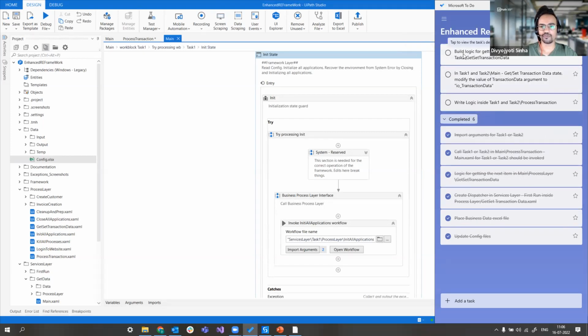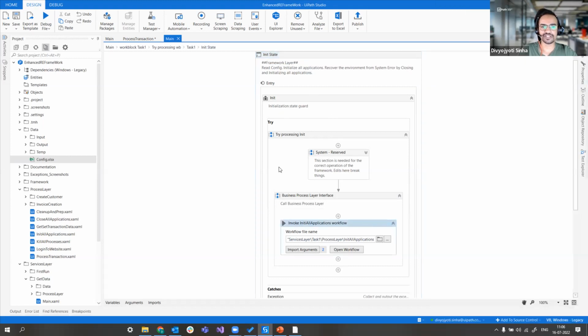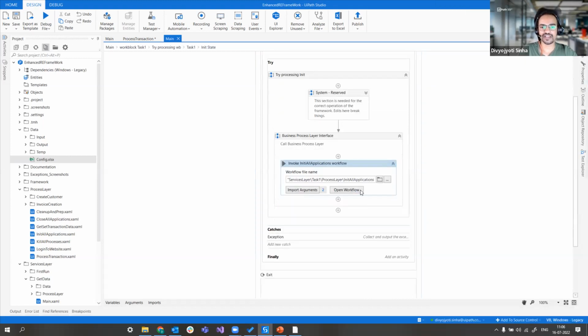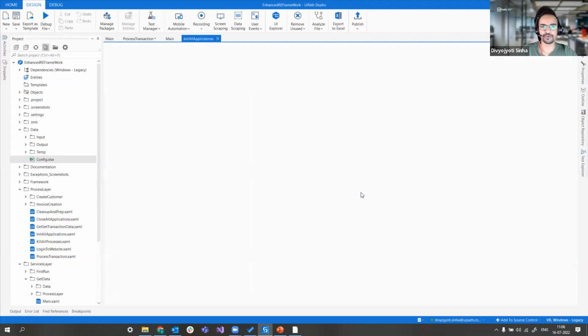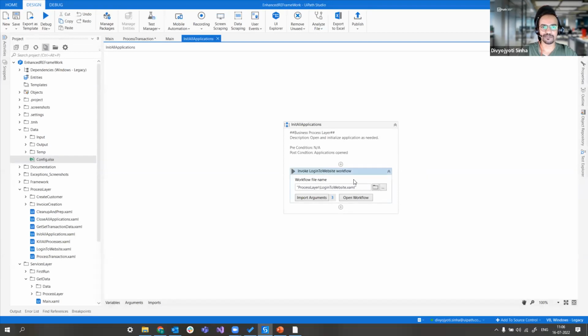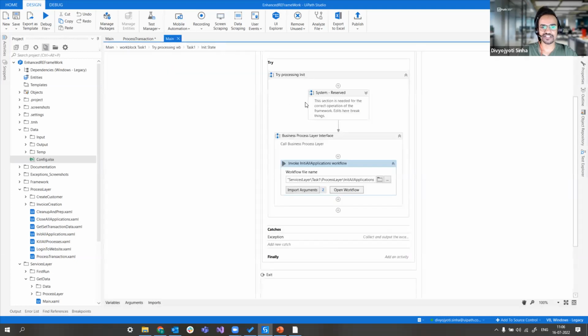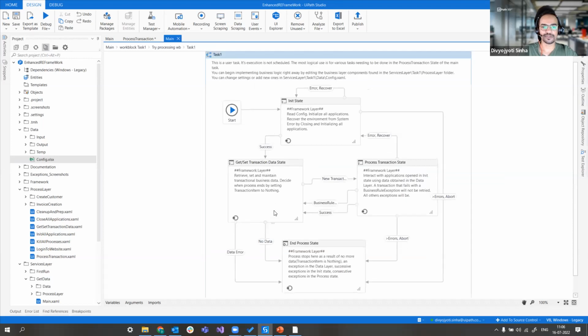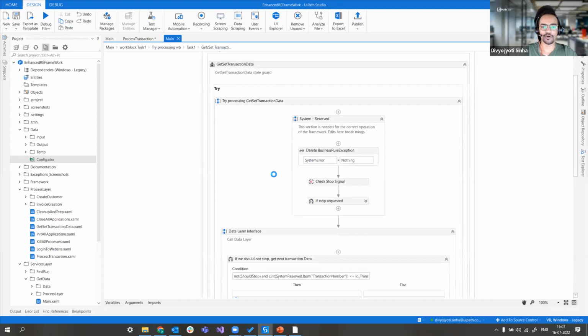Now the part is we are going to build logic for getting the next item in task 1 and task 2 get set transaction data, right? We don't have to initialize anything. Okay, so we have to initialize the application under task 1, right? So that login workflow, we are putting it under init all applications. But apart from that, we don't need any kind of dispatcher workflow over here, right? So as a result of which, we are to move into the get set transaction data state,